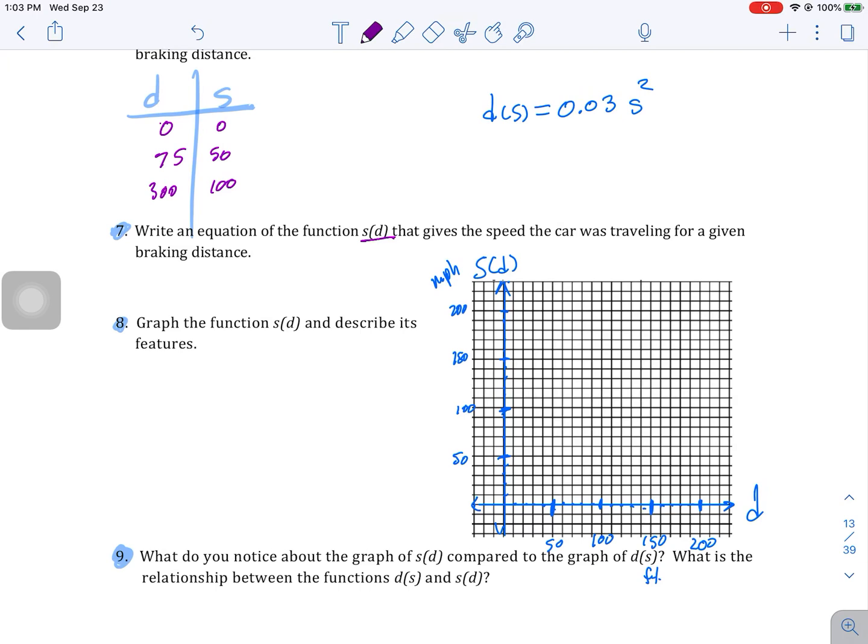All right, and what I could do for that is go with the original equation, which is d equals 0.03 s squared. I can divide by 0.03, and then I can say that d over 0.03 is equal to s squared. Therefore, s is the square root of d over 0.03. Okay, and that's